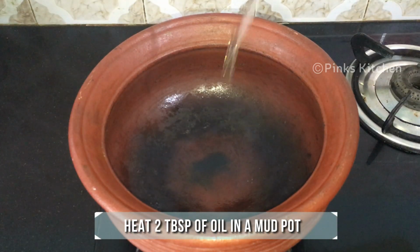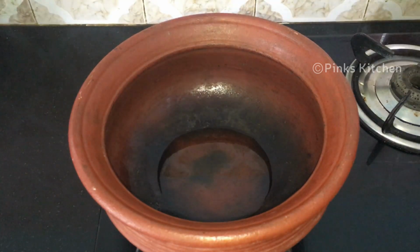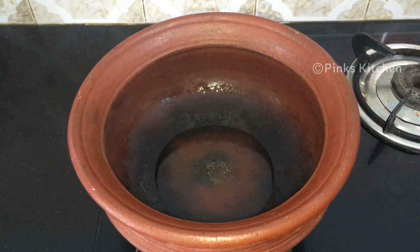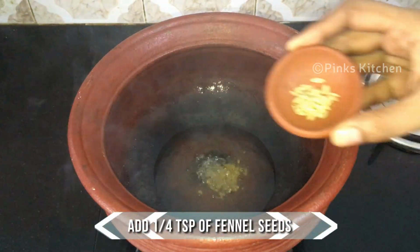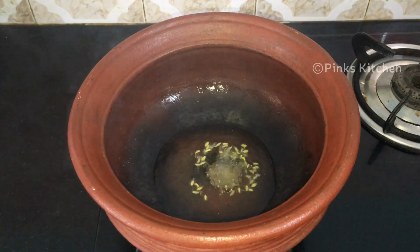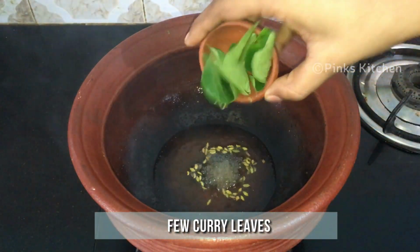Heat a mud pot and to this add 2 tablespoons of oil. When the oil is nice and hot, add 1/4 teaspoon of mustard seeds, 1/4 teaspoon of fenugreek, 1/4 teaspoon of fennel seeds, few curry leaves,